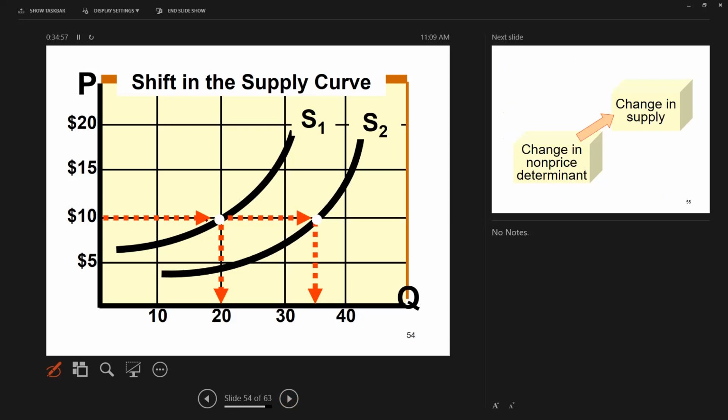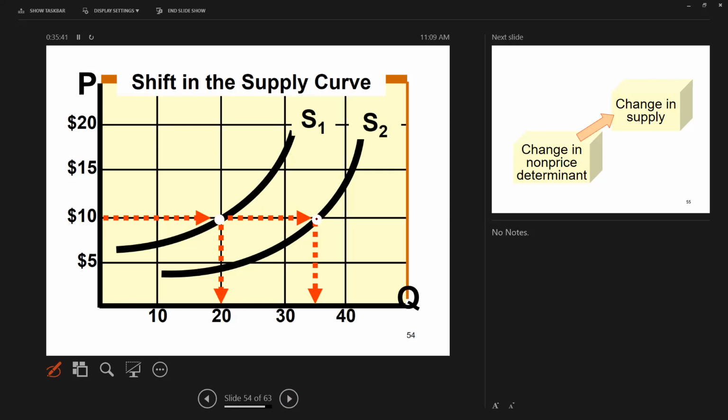If it's cheaper to produce CDs, we would offer more CDs at any given price. So you can see here, when we gain this new technology, we'll offer more CDs on the market at any given price. And that's because of profit going up. If the cost of producing CDs decreases, then that increases the profitability of CDs. If it becomes more profitable to produce something, you'll produce more of it. So that's what causes this shift to the right in the supply curve.